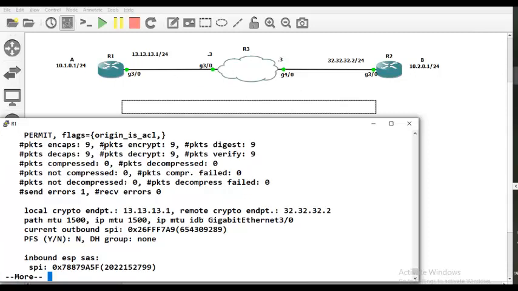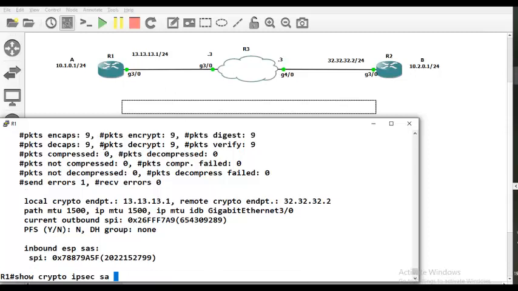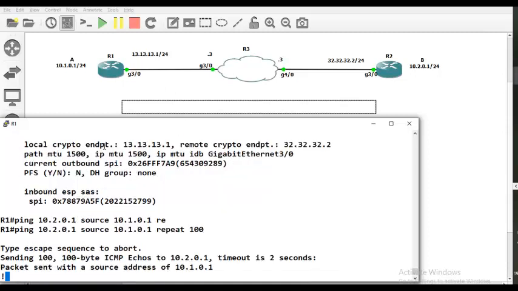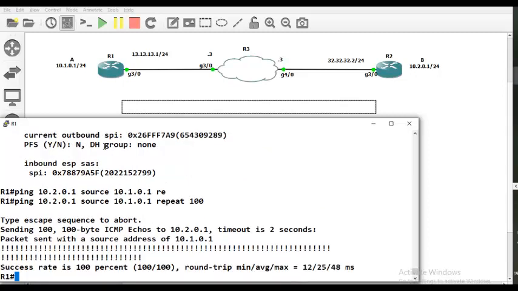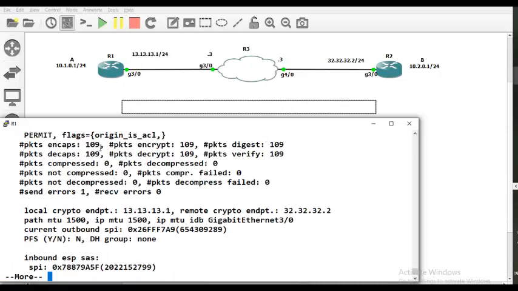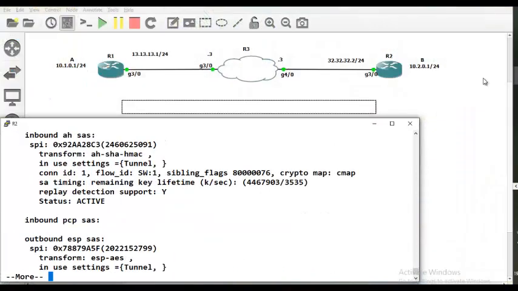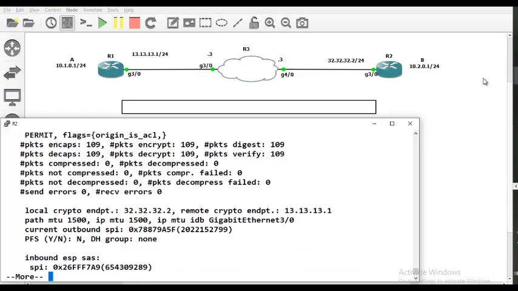Let's do one thing. Let us ping 100 times. Now I need to see 109 packets encrypted and decrypted. Let's check. Look at this, 109 packets encrypted and decrypted on both sides. Yes, it is. All right. So this is the end of this